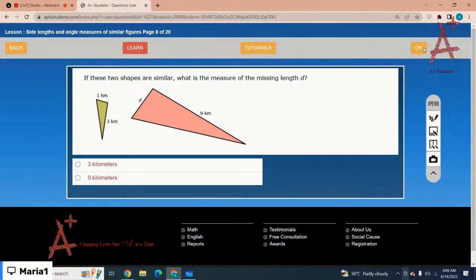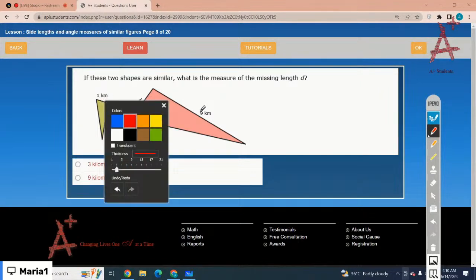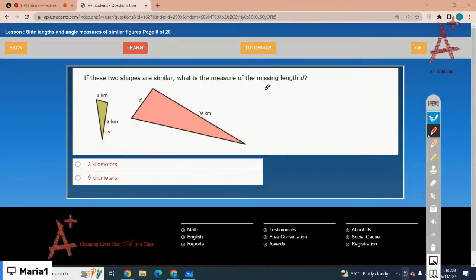Okay, if these two shapes are similar, what is the measure of the missing length d? You have to calculate the missing length d. Just form the proportion and calculate the missing length. d is similar to 1 kilometer and 9 is similar to 3 kilometers. So it would be